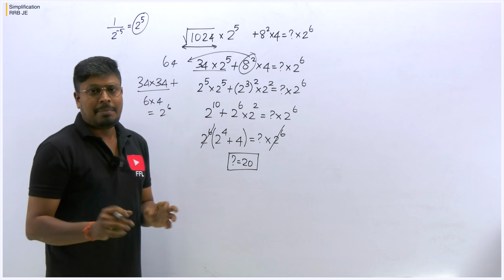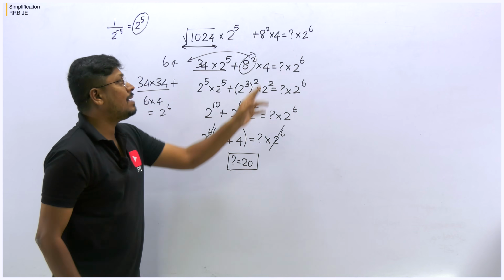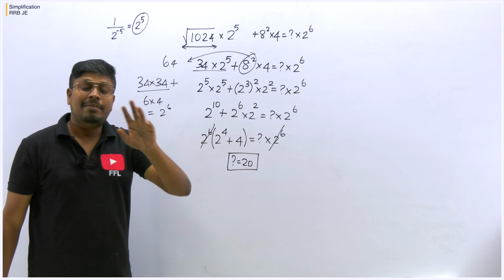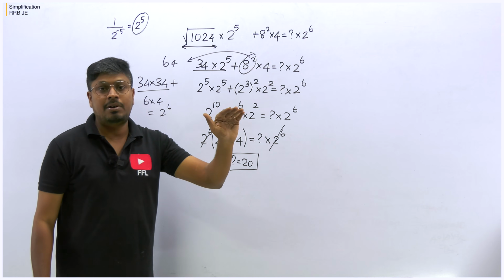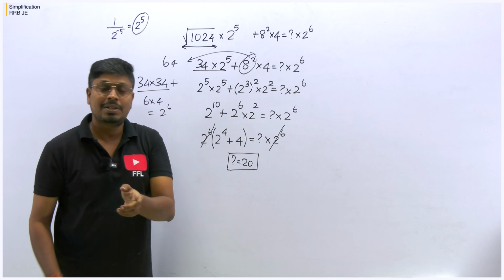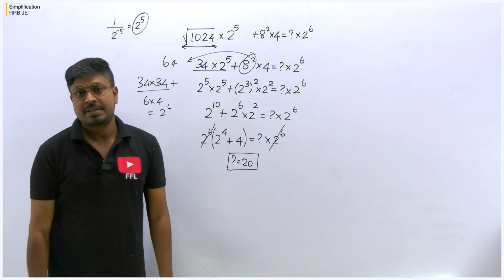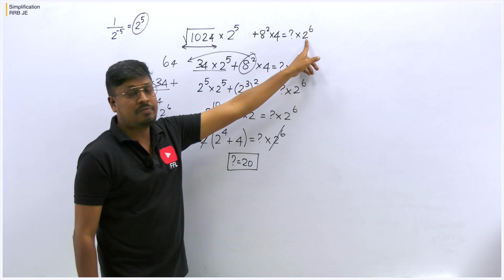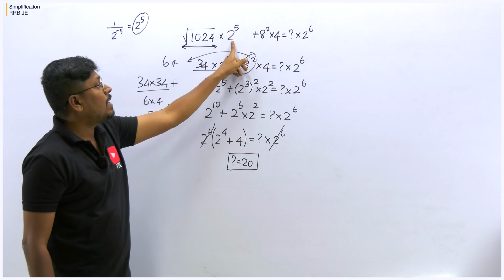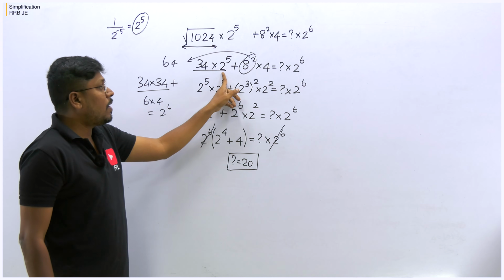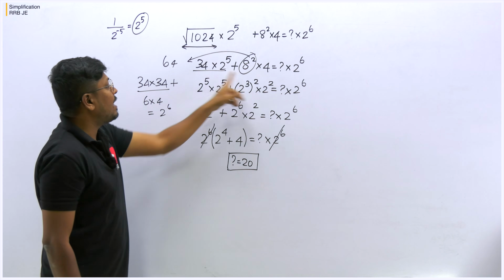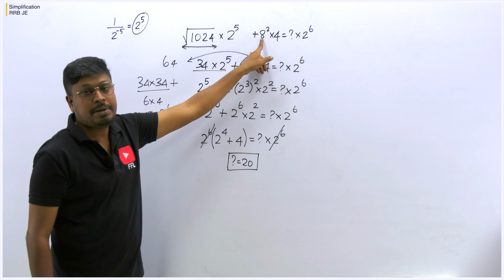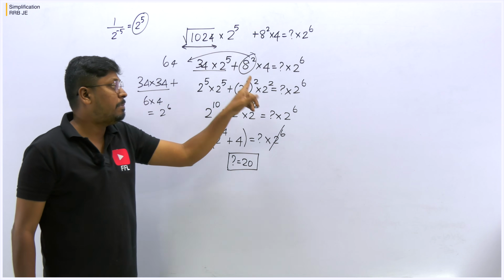and then you can divide it by 2 power 6. You can. But always remember, if a question has something like 2 power something or 3 power something, it is always better to convert the remaining numbers also into 2 power or 3 power something, so that you can solve the question easily. That's the reason I'm saying. Here you can see one number is in the form of 2 power 6, and again we got one number in the form of 2 power 5. So what I did is convert all the remaining numbers into 2 power something, because 4 can be written as 2 square, 8 will be 2 cube, so 2 cube power 2 will be 2 power 6.